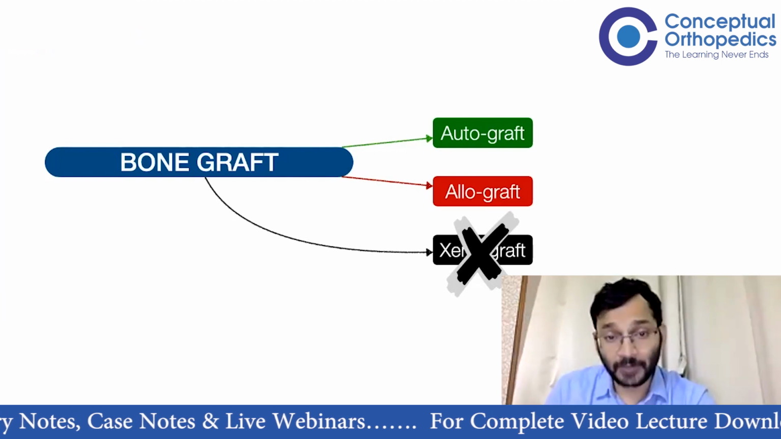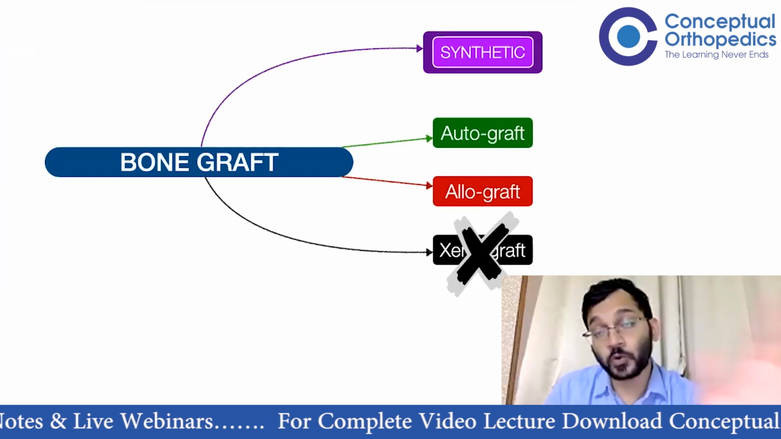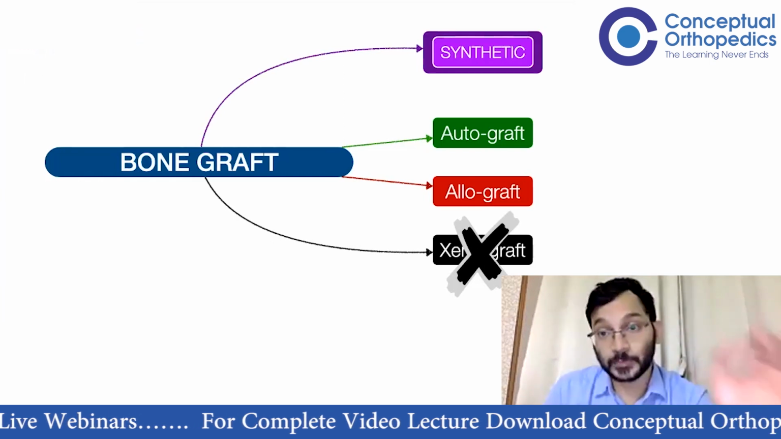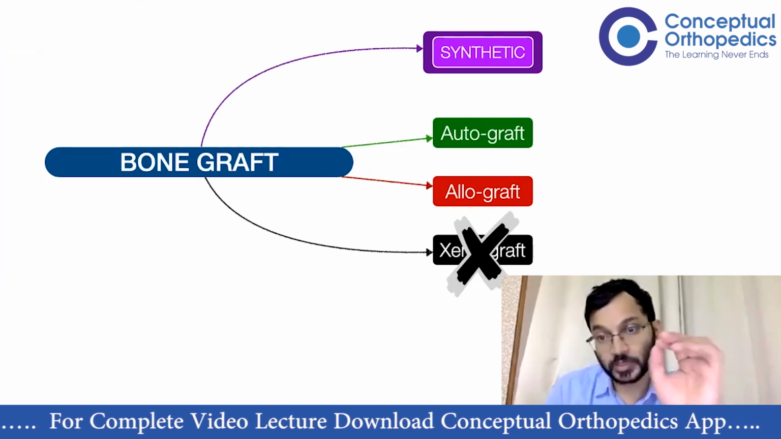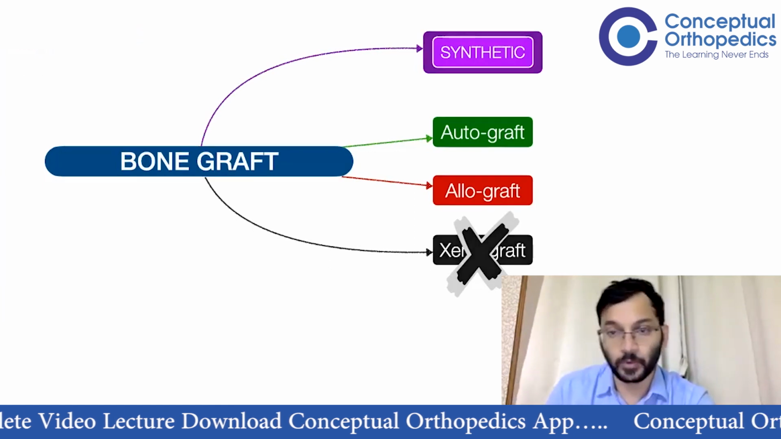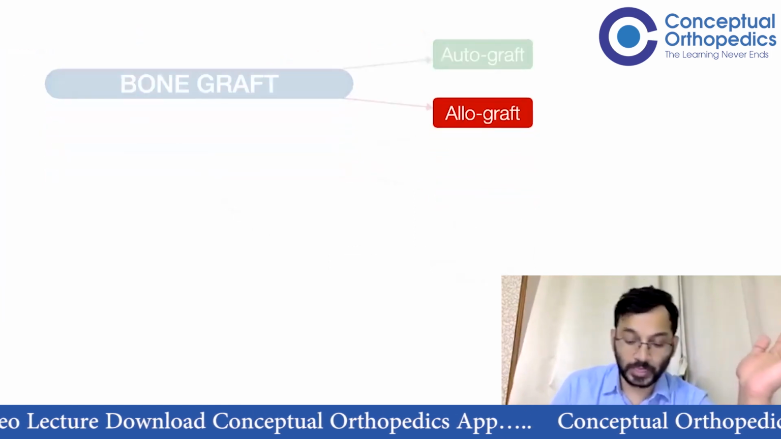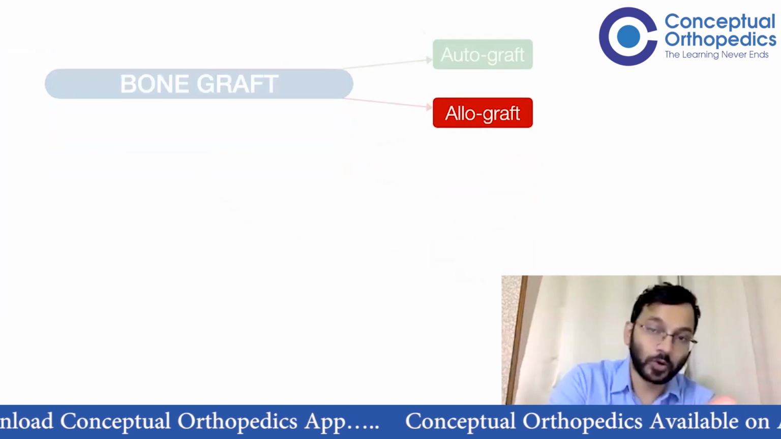Okay. And apart from this, we have the fourth type of bone graft, which we also call the bone graft substitutes, or synthetic types of bone grafts. So these are the four types of grafts that we have for use in bone. Now coming to the first, of course, all of us know about autograft, so I'll not talk much